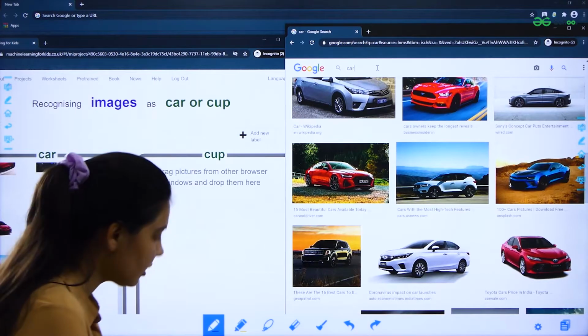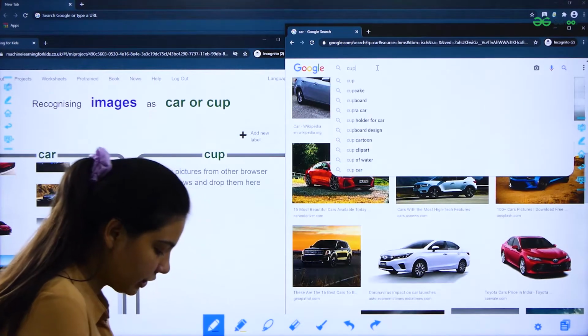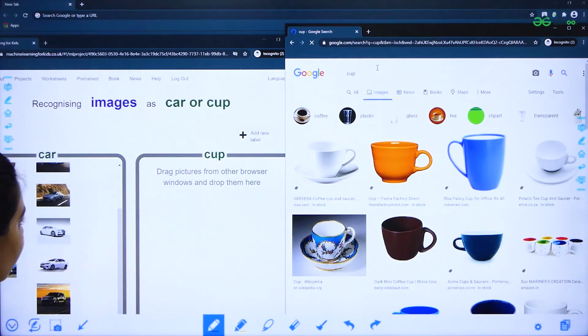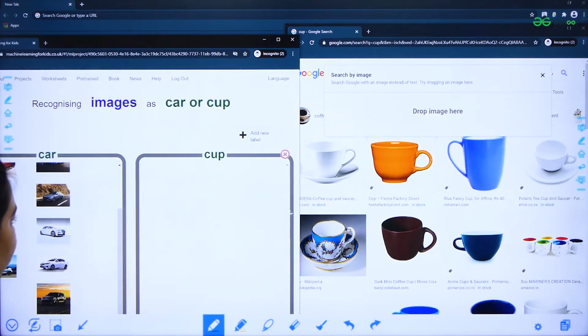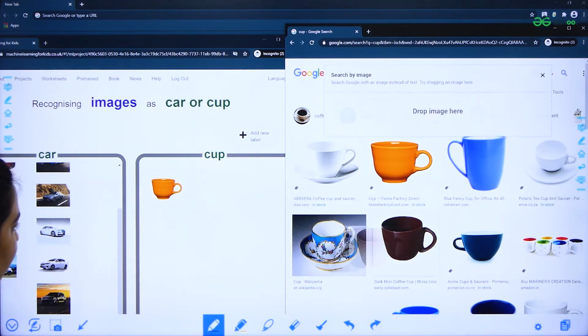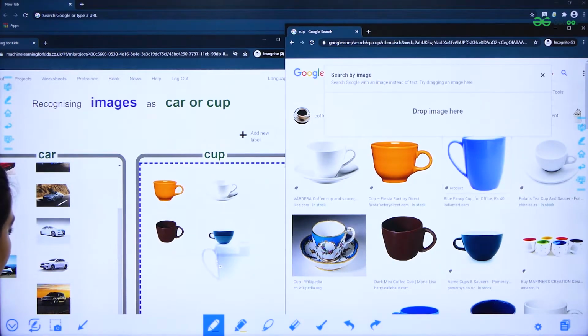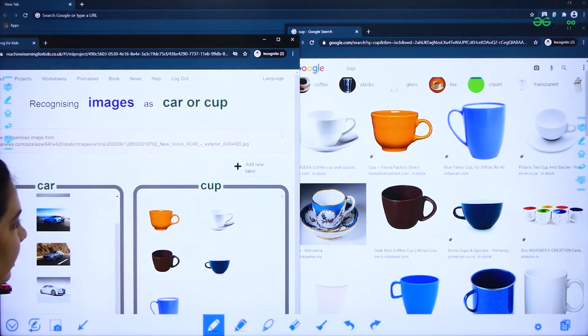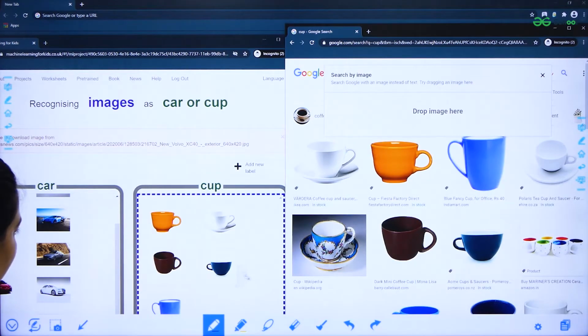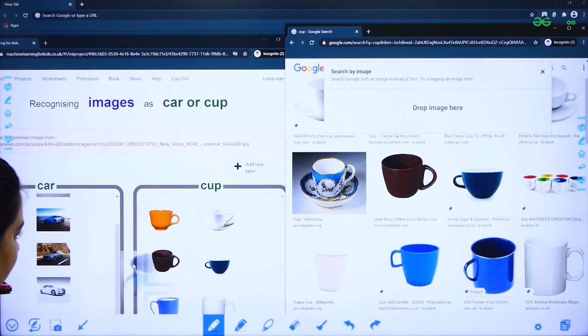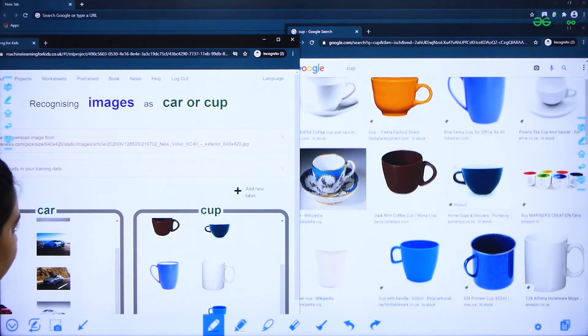So I'll search now for the cup images and I'll perform the same thing. I'll drag some of the cup images to my bucket, and you can drag at least 10 images or more as you want. So I'm dragging multiple images.